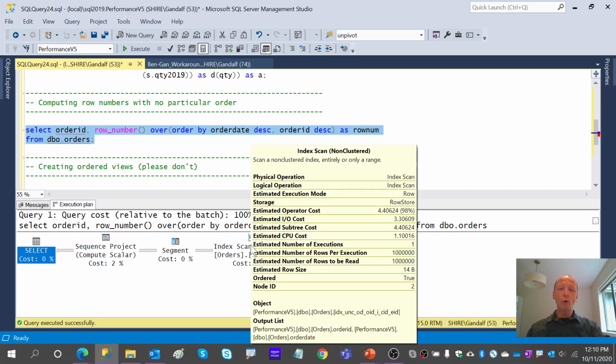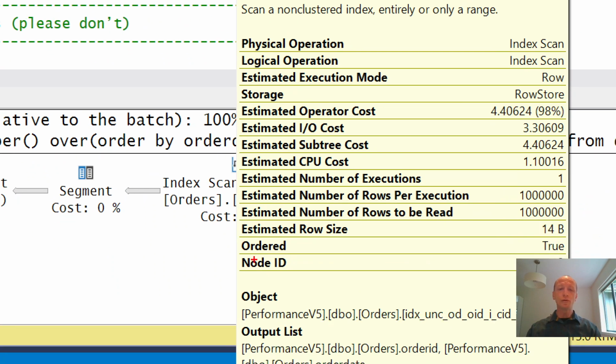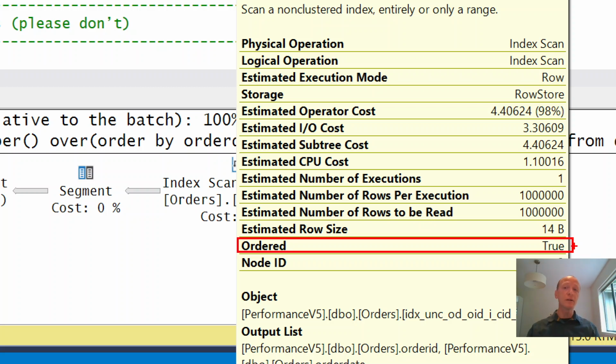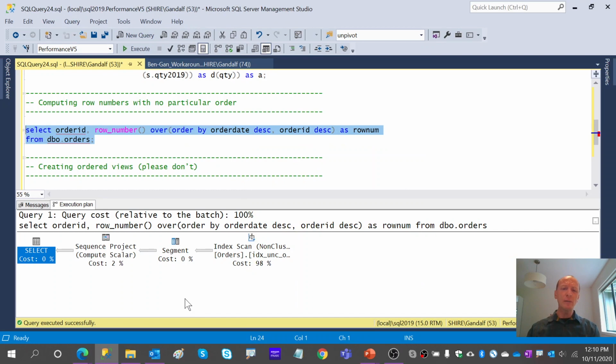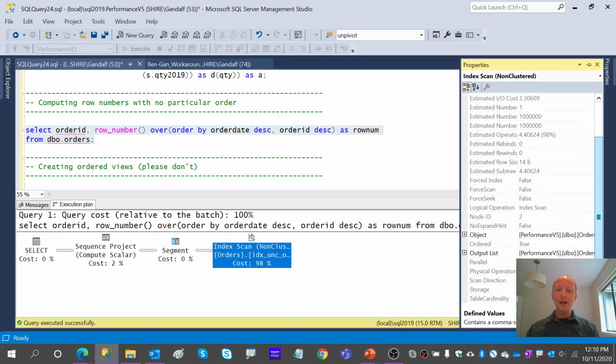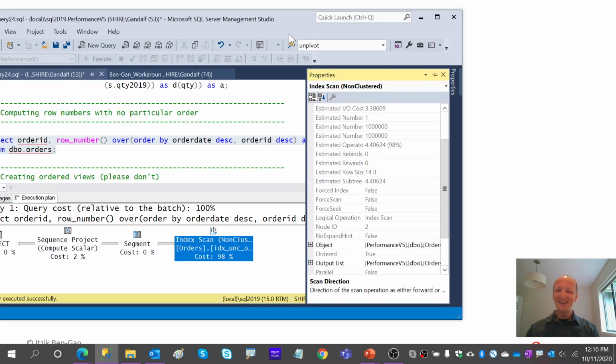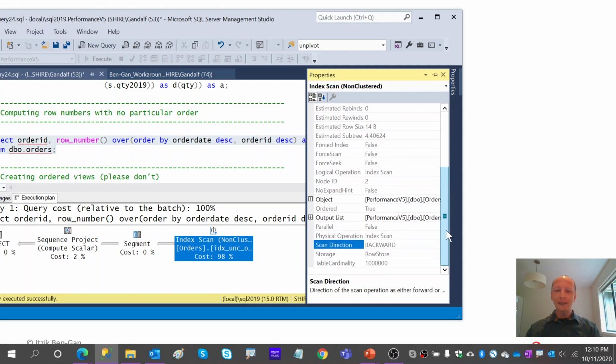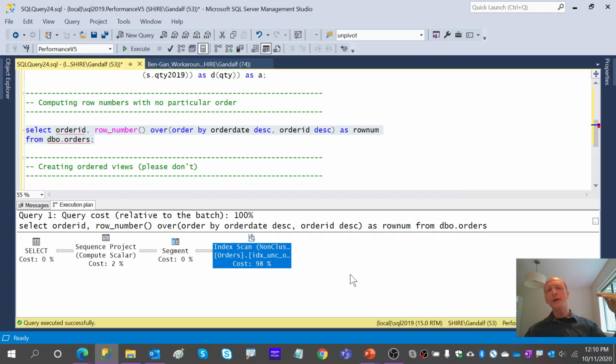So notice that the ordering property says ordered true. When we scan the index, the scan operator is requested to deliver the rows based on index order. We can even look a bit more closely. If we look at the properties of the scanning, we will see that the scan direction is backwards. So maybe it's a little bit hard for you to see because my face is actually hiding this, but you can see here that the ordering property says that it's going in a backward direction, right? So we can go either forward in the linked list, we can go backwards in the linked list, both can